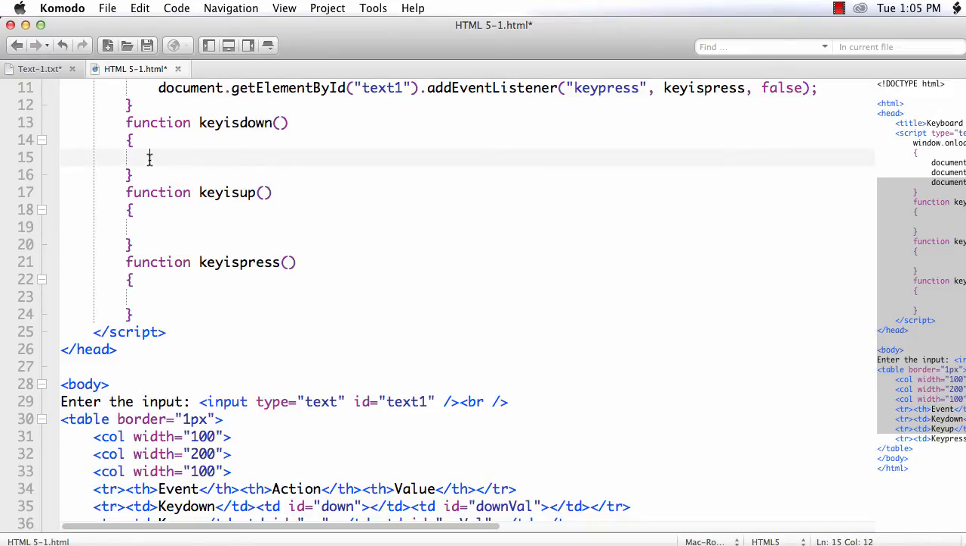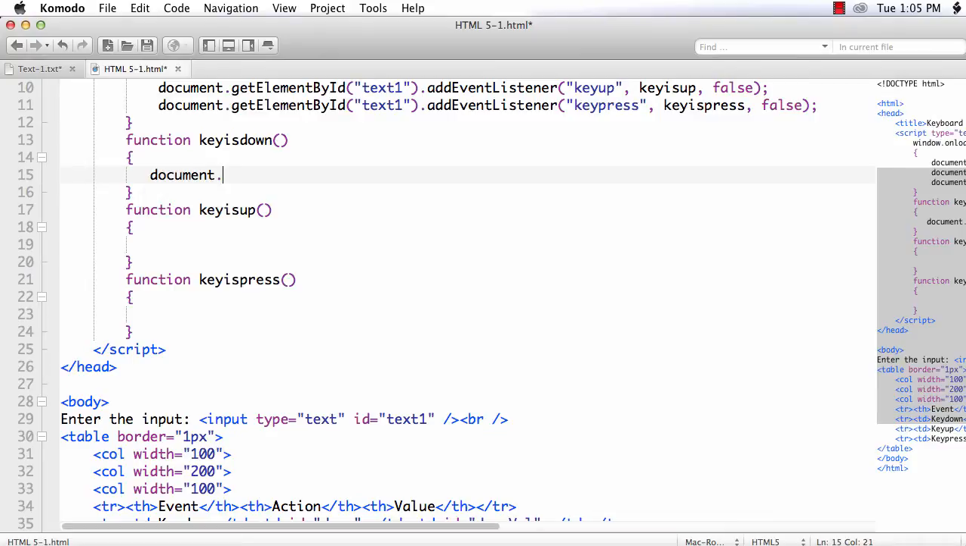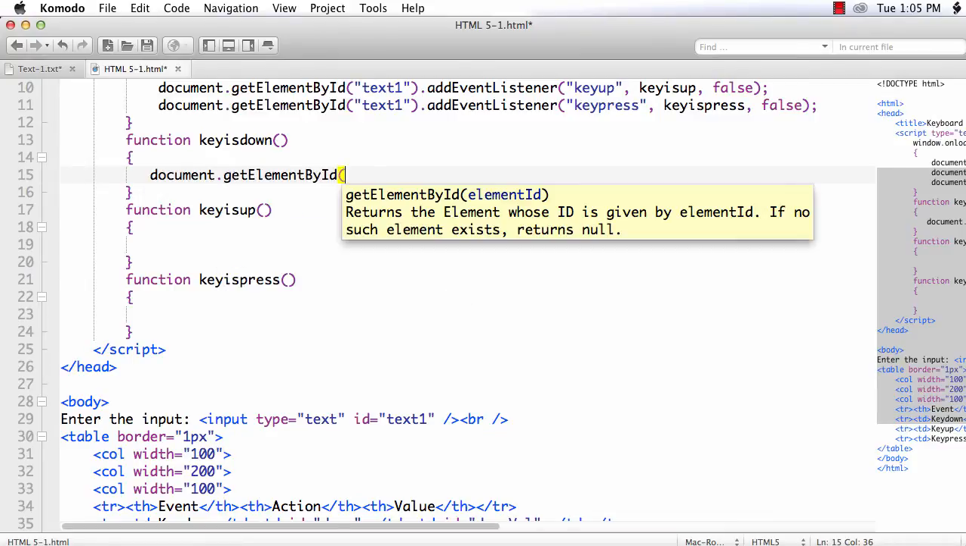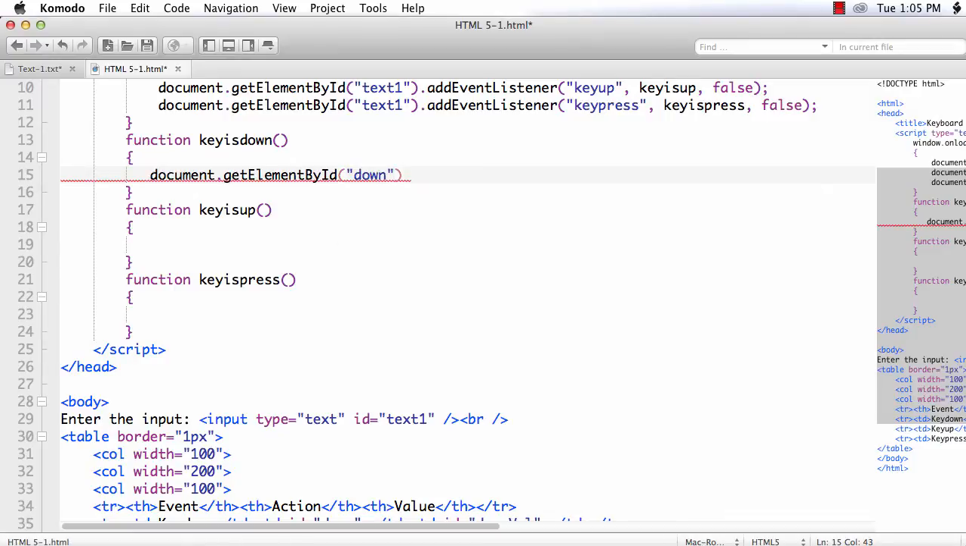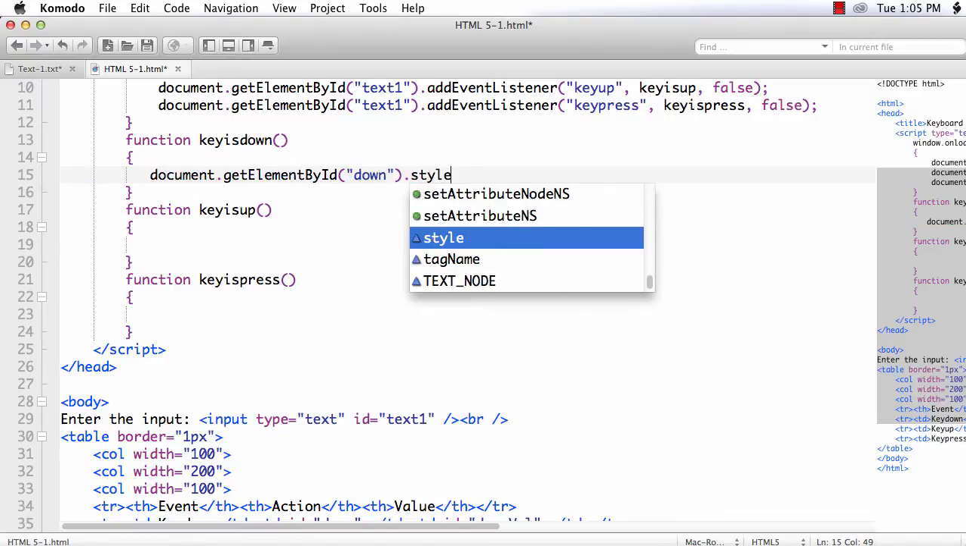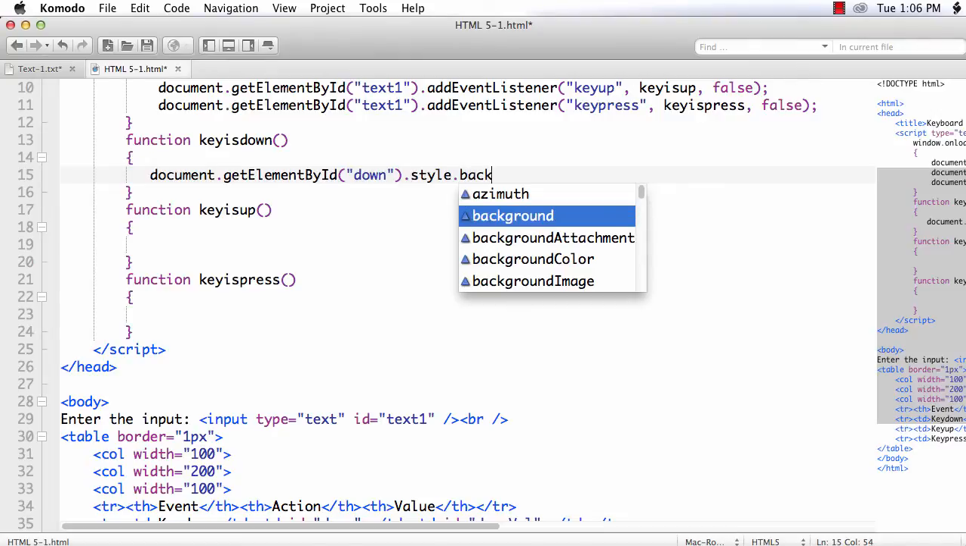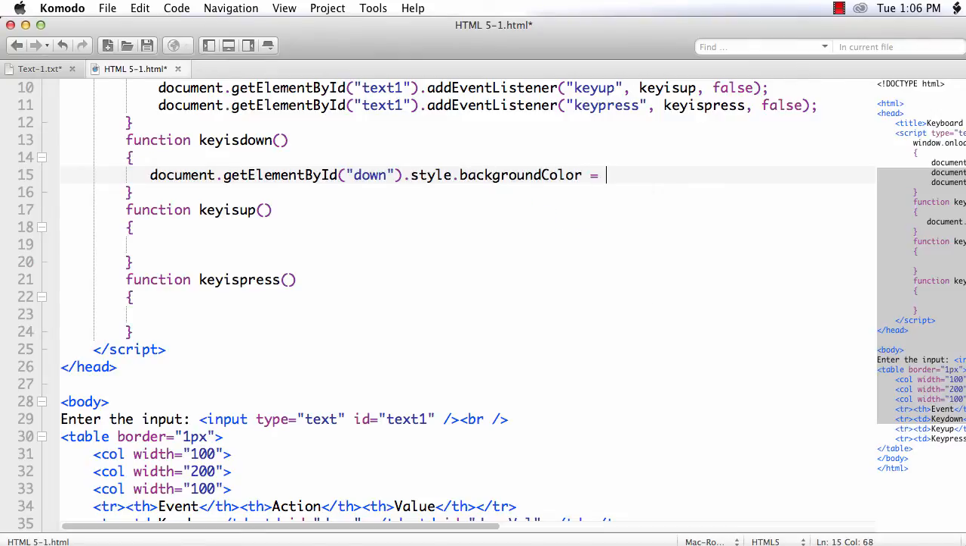So inside this, document.getElementById down .style.backgroundColor is equal to red,